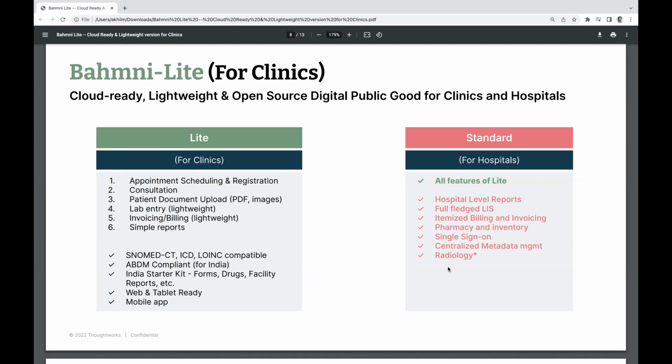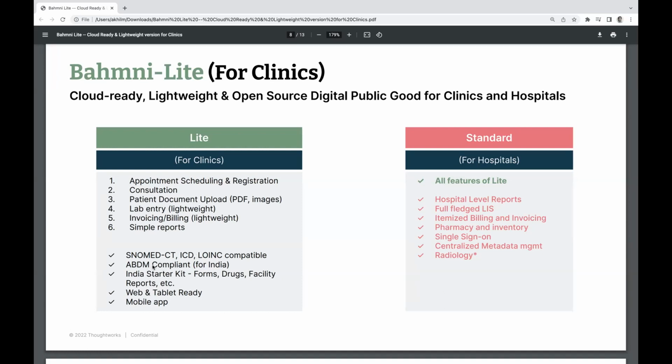But clinics do have an invoicing or billing module. So what we did was cut down Odoo, cut down OpenLS, but added Creator as the invoicing module. Now, Creator is also an open source solution, and what we ended up with was Bahmni Lite for clinics, which is compatible with ABDM, which is a very specific,